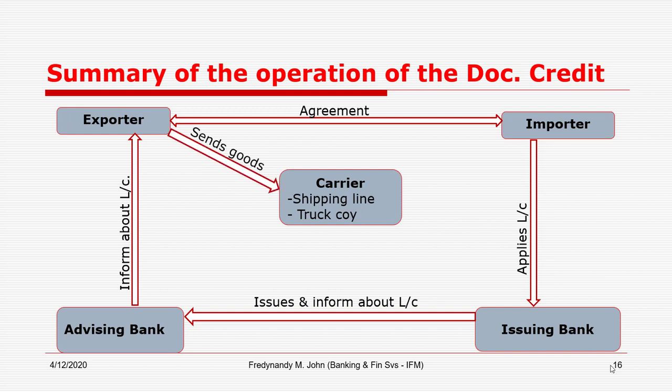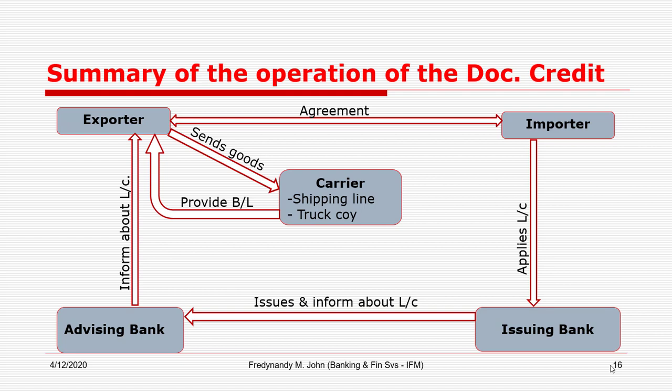it is then and only then that he will send goods to the transport company or the carrier, and as the evidence of receiving goods and the contract of carriage, the carrier will supply the exporter with the bill of lading. Remember, besides serving as the evidence of carriage and receipt of goods, the bill of lading is a document of title. Therefore, the exporter will compile the bill of lading